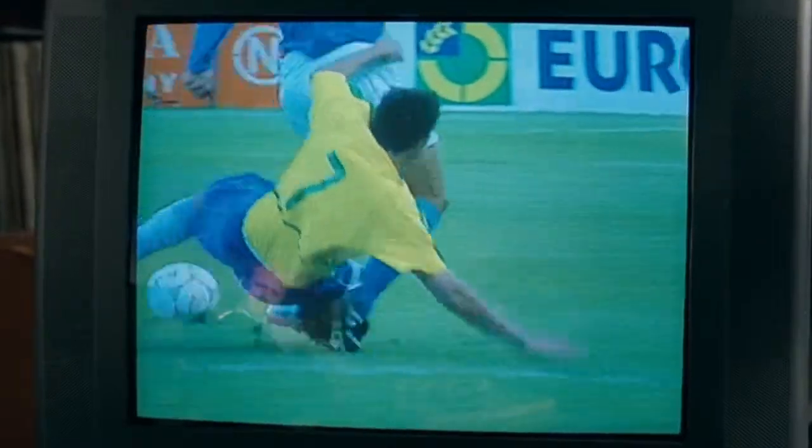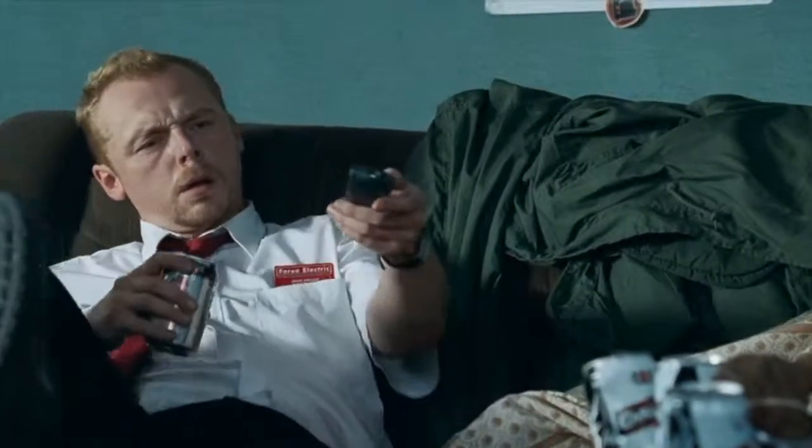Another prop that is essential to the narrative is television. Wright uses television sets as a comedic gag in order to give the audience background information about the world the film is set in, so they can better understand the circumstances the characters are currently under. The first instance is when Shaun is slipping through the channels, and each channel gives a piece to the bigger puzzle, warning that zombies are on the way.